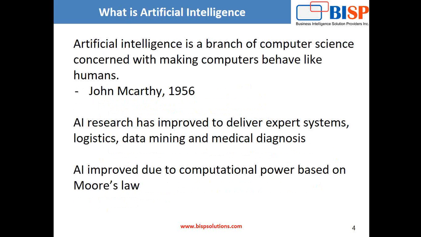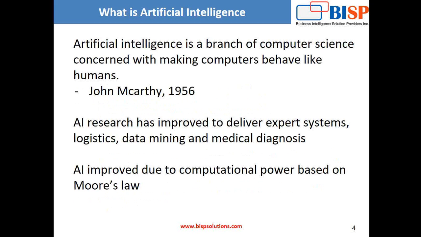Now, before we go into our main course, which is machine learning, let's actually go into artificial intelligence. What is artificial intelligence? Today you are seeing the buzzword of artificial intelligence across the entire industry. It's not only being used in the IT industry, it's used in healthcare, retail, and manufacturing. You name the industry, it is actually being used. So let's look at what is artificial intelligence.